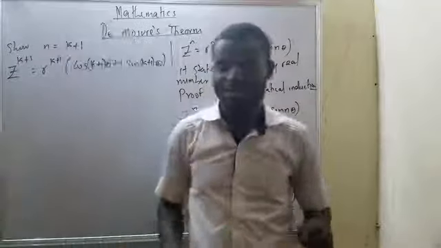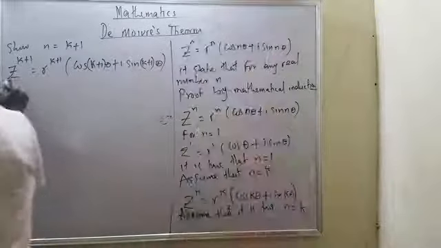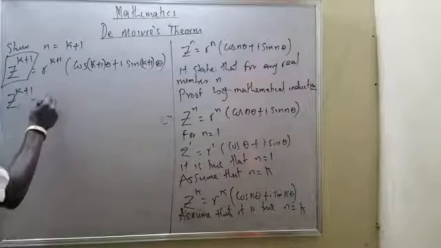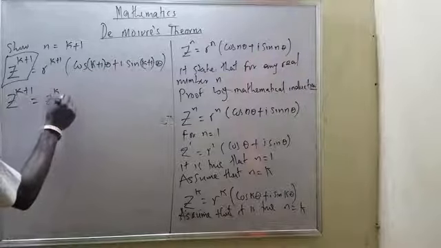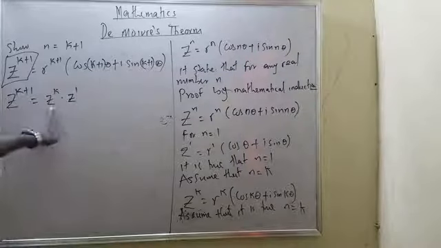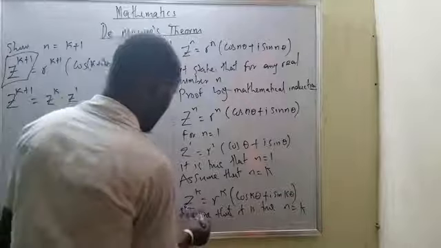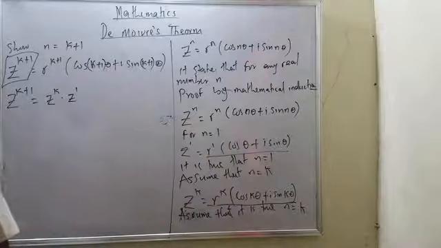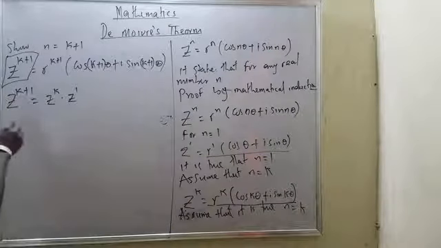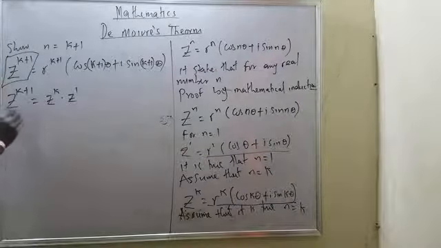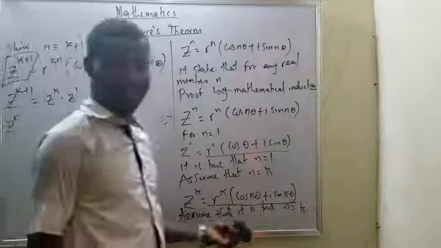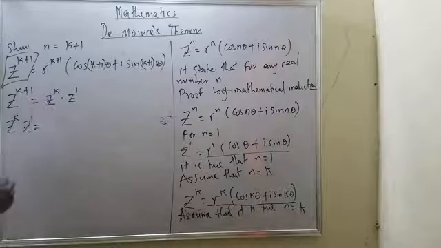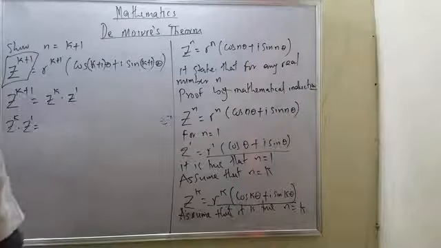Now, at this point, I want you to think about something. If I break this down, my z^(k+1) can also be written as z^k · z^1. I have my z^k here, and z^1 I have here. I'm just playing around with my knowledge of indices, which gives me z^k, which can be equal to